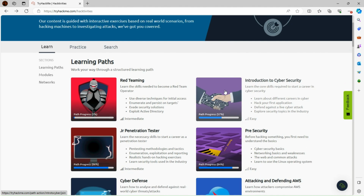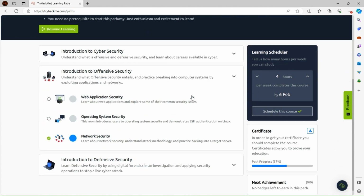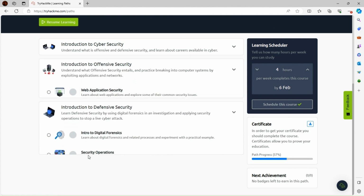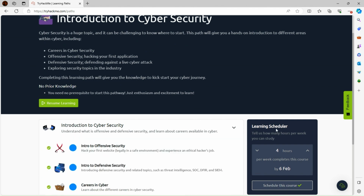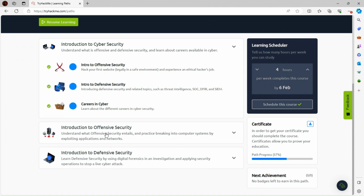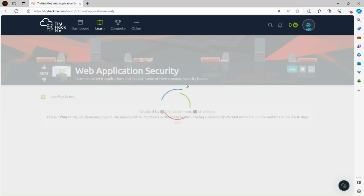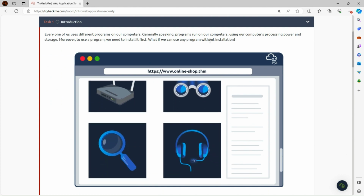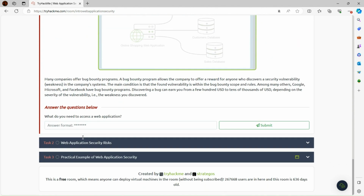It has, so like, let's say you go to here, it has a built-in VM. So introduction to security, you'll come here, and this is stuff that I did just for the hell of it, and I blasted through it. So like, let's say web application security, right? You click on that, and you read. It teaches you, and then it asks you some questions, right? You read that, and at the bottom it asks you a question, and you have to have the answer right,